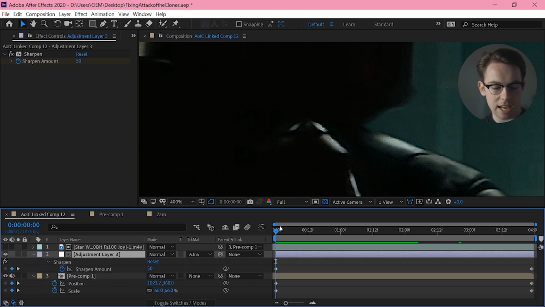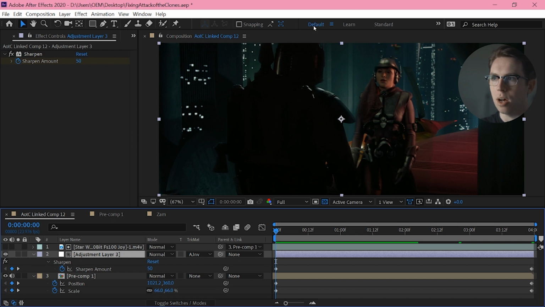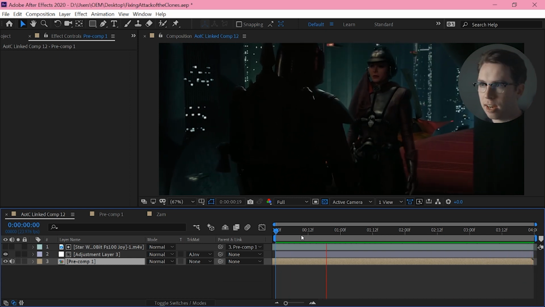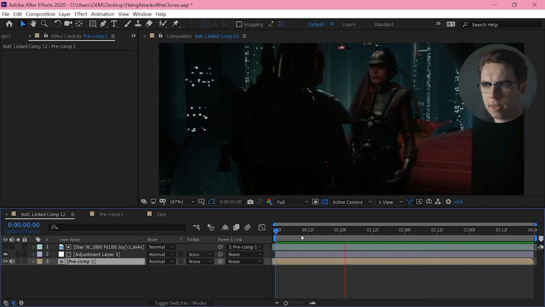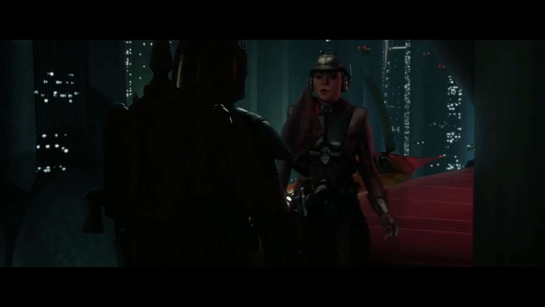And I'm fading that sharpening off as it zooms out, but just while I'm punched in so far, I want to make it look a little bit crisper. So there we go. That's that shot. A bit of a bodge, but pretty effective, I think. And definitely, I think that all works.